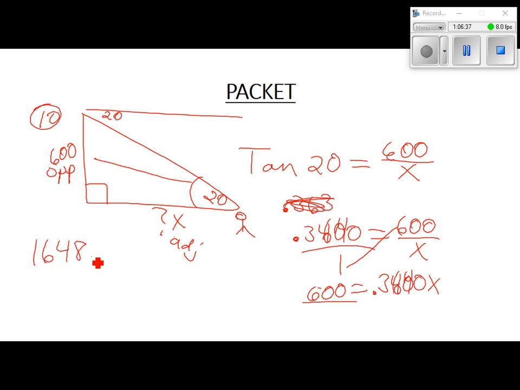1,648.5 feet. That's not right. So we're saying that this person down here is about 1,650 feet from where the balloon is right here. Does that make any sense for him to be that far away? Yeah. Just do next time. No ifs, ands, or buts. Next time I will not do a whole bunch of